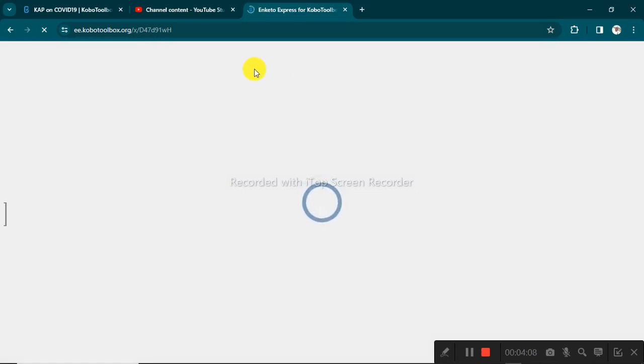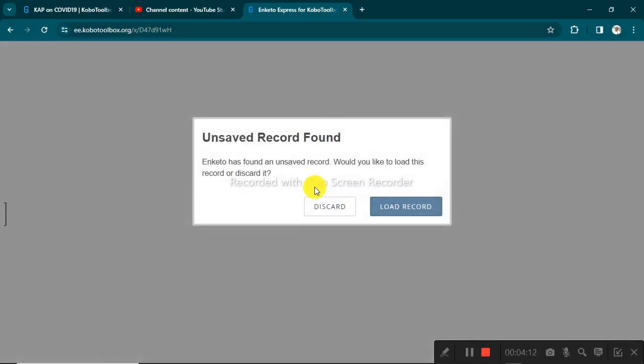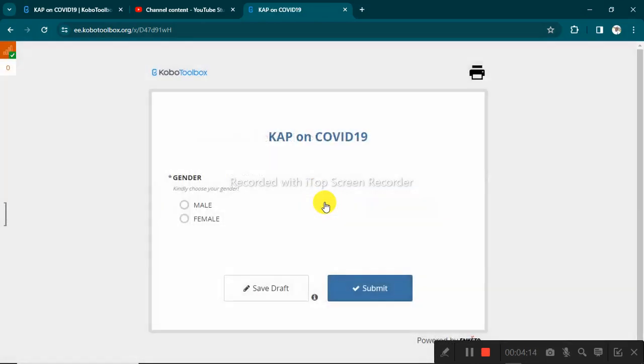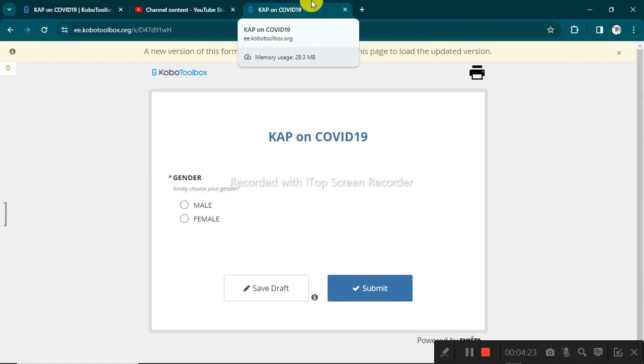So it will load. Just discard this. So you can do this and have a separate tab where you are just testing your form. Whichever change you make, you come and test, so that you keep track of